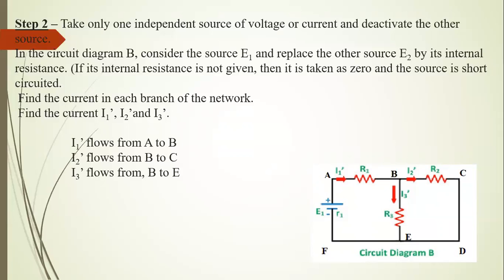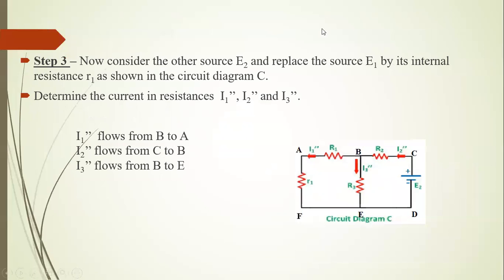So now let us have a look at step number three. In step number three, E2 is activated and E1 is deactivated. Since E1's internal resistance is specified in the problem, it is R1. E1 is not replaced by a short circuit, it is replaced by its internal resistance R1. So this becomes the new circuit when E2 is considered. Current will start from here, come here and then split into two parts. So I2 dash now flows from C to B, I3 dash flows from B to E, and I1 dash flows